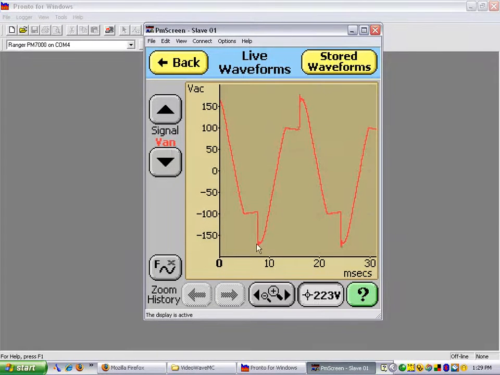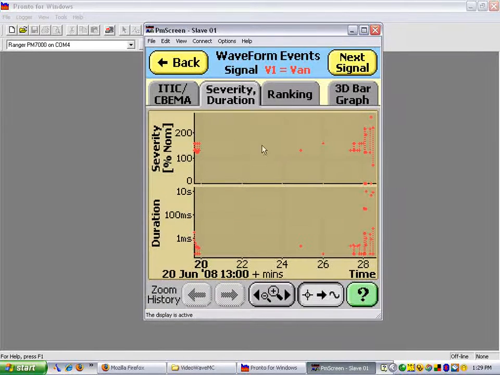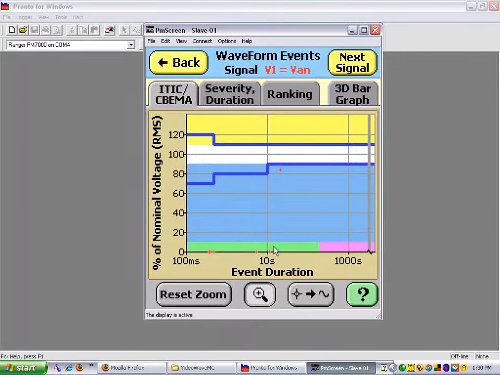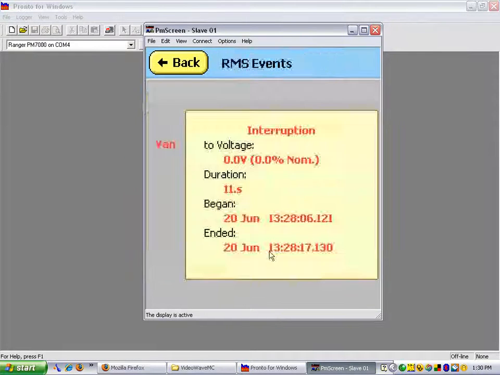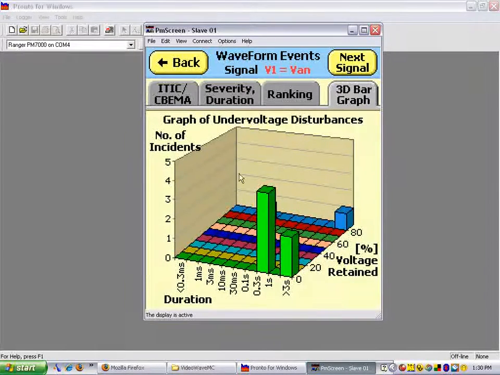And now we're going to look at stored waveforms and look at our severity and the ITIC curve. Now you can see we have some events down here that have actually dropped out and you're down to 0. So we're going to click on this, review that particular one there, and it was an interruption. The duration was 11. And we're going to go to the 3D bar graph,